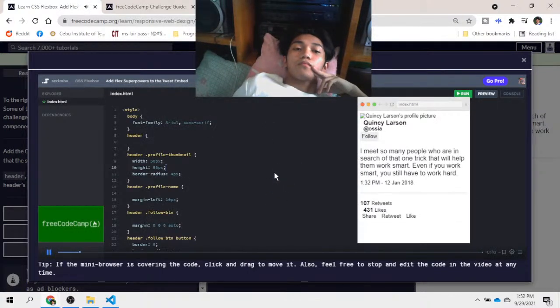Throughout this section, we will be using Flex to style this tweet. So to get ready, we're going to have to add display Flex to a lot of the elements. So let's add it to the header, display Flex. When you're using Flexbox, you have to use display Flex on a lot of different things. So I'm just going to copy this, and we have it on the header, we have it on the profile